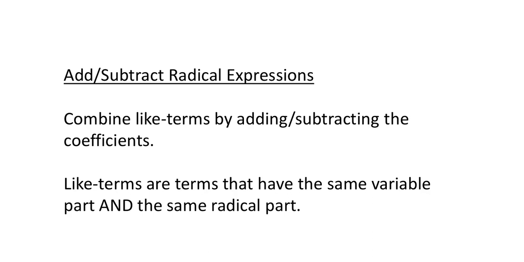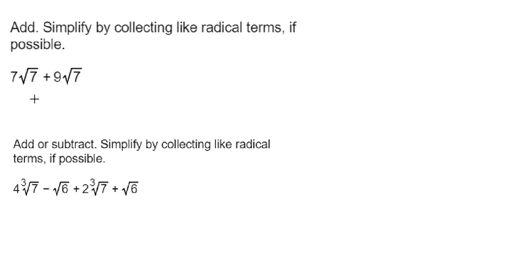Like terms are terms that have the same variable part and the same radical part. So as long as they have both the same variables and the same radicals, meaning it's the same root with the same number inside the radical, then it qualifies as like terms, and we can combine them together by adding or subtracting the coefficients. All right, so for example, we have 7 square root of 7 plus 9 square root